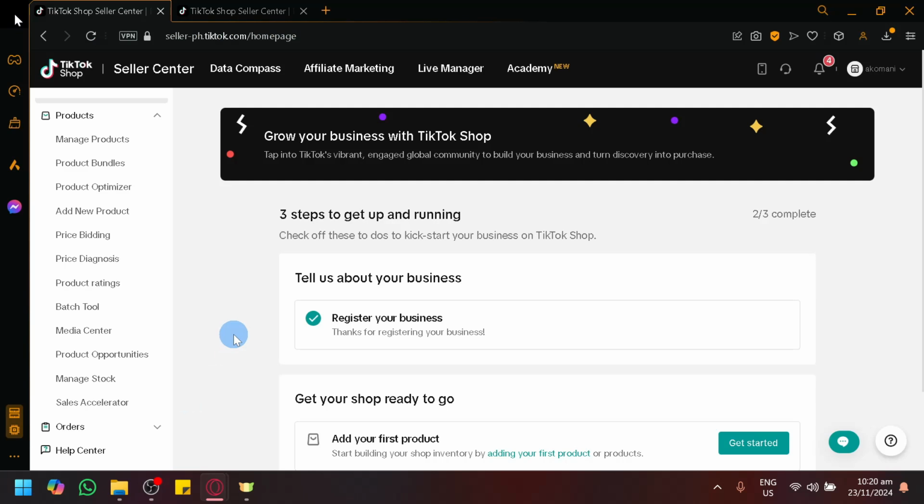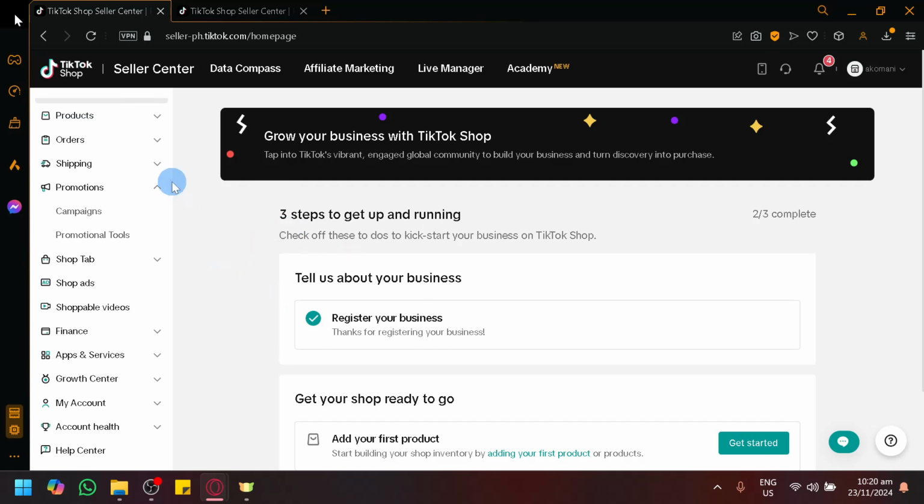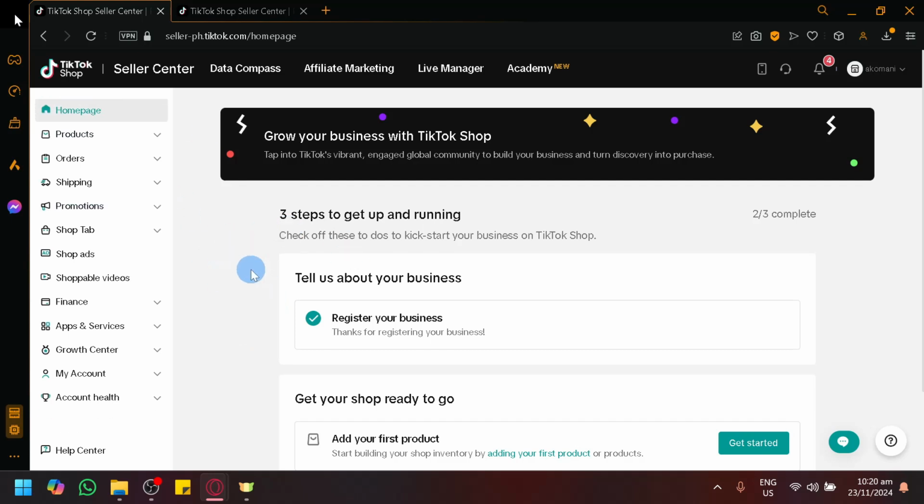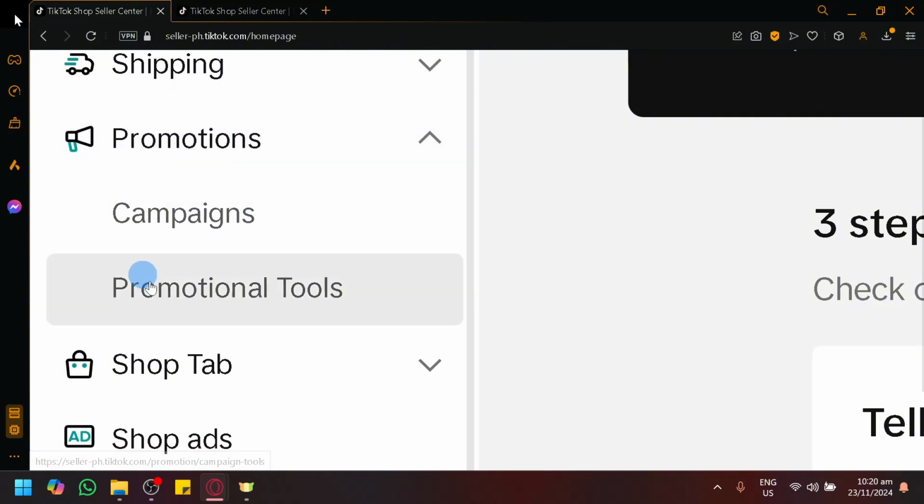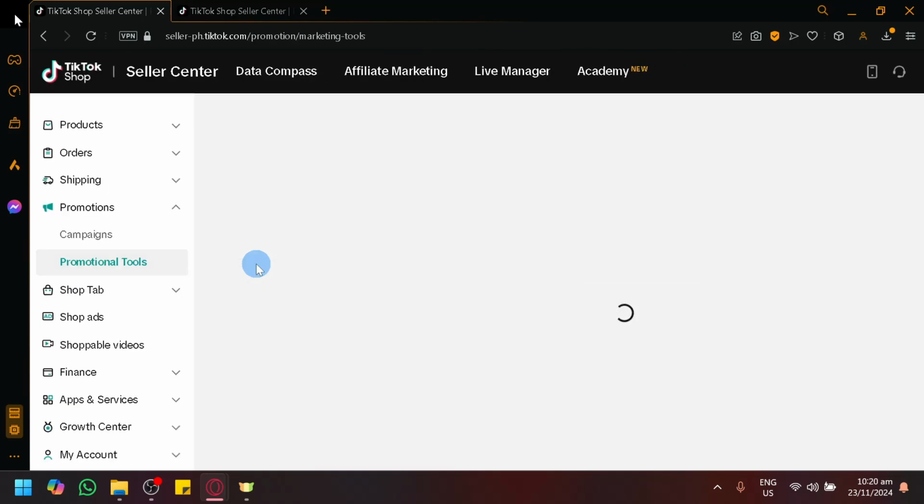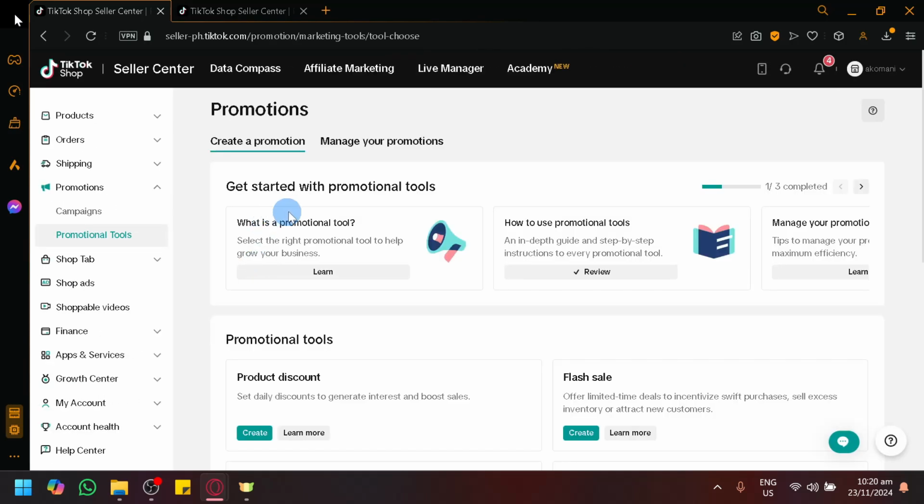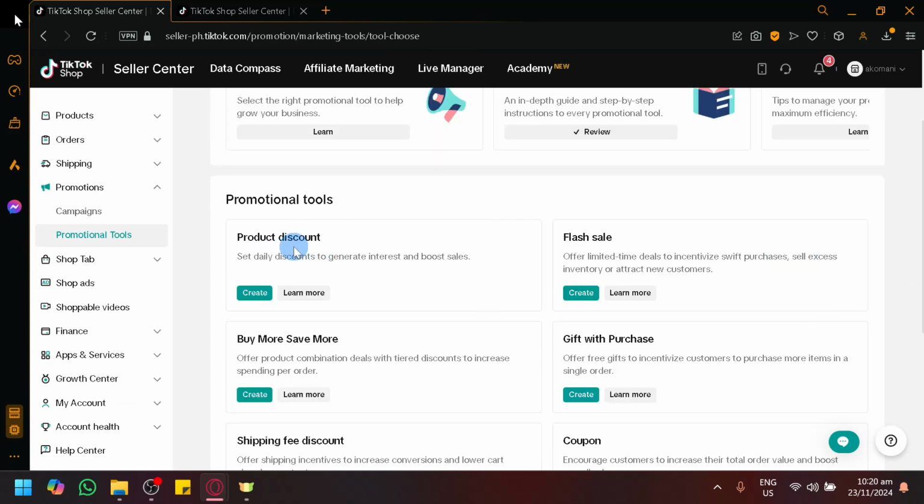In today's video, let me show you how you will be able to add or create a discount on your TikTok Shop. So simply look over here on the left side. You can notice that we have a promotions option over here. Simply select this and you have two options for us to choose from. Simply select promotional tools. Now after that, you will be able to see here product discount. Simply click on create